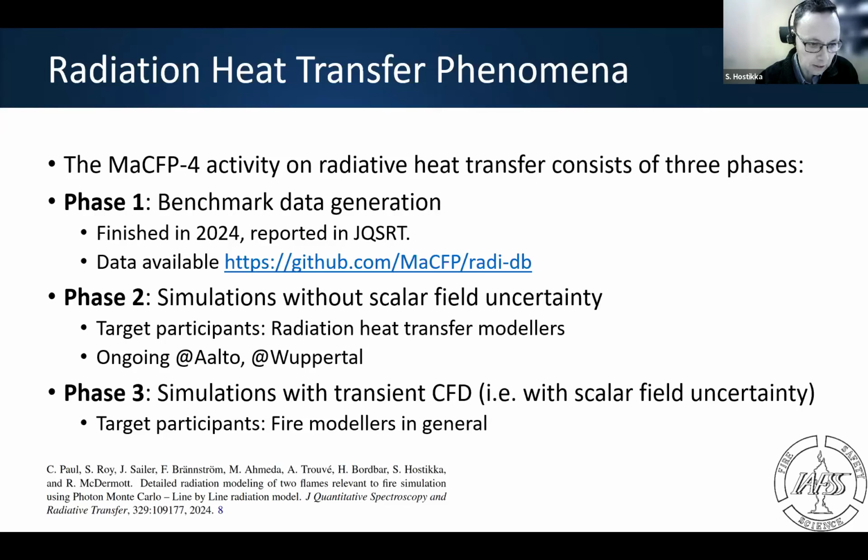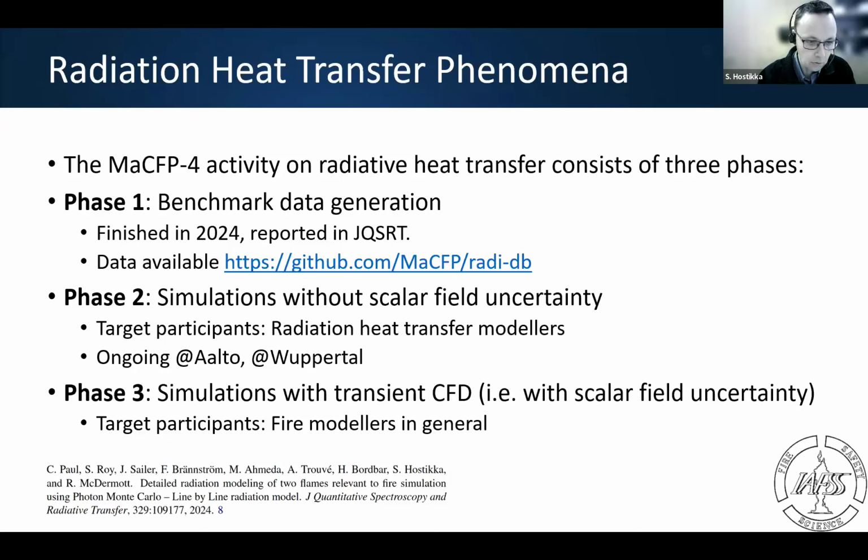We take everything as granted. At the moment, we have participants at least from Aalto and Wuppertal, but we recognize that this activity is quite demanding, and target participants here are those who do radiation model development or are very devoted to the details of the radiation modeling.